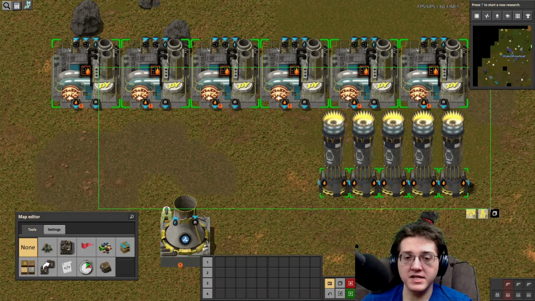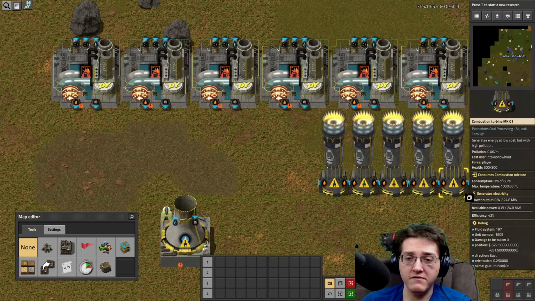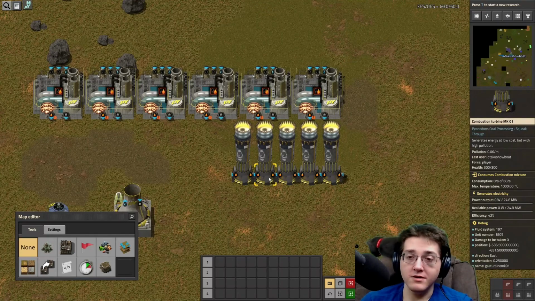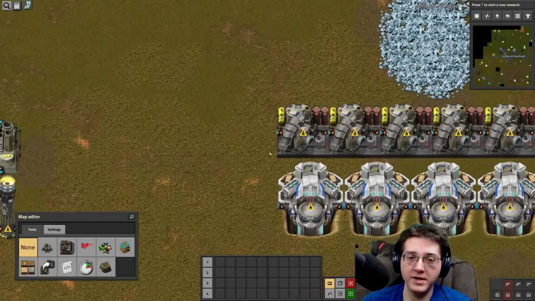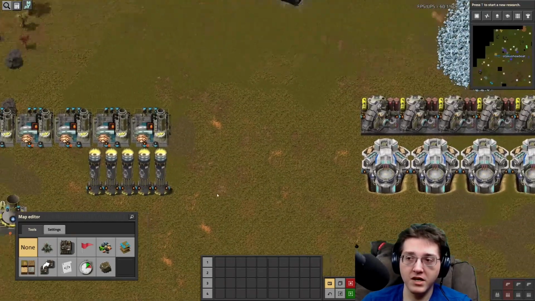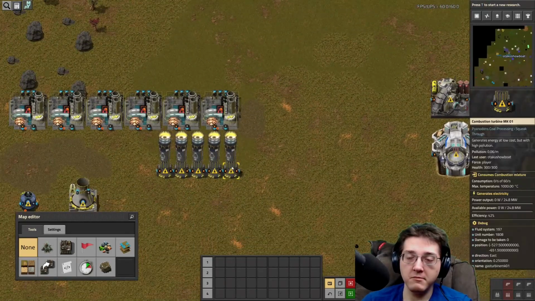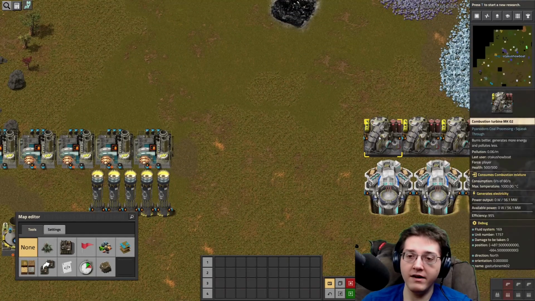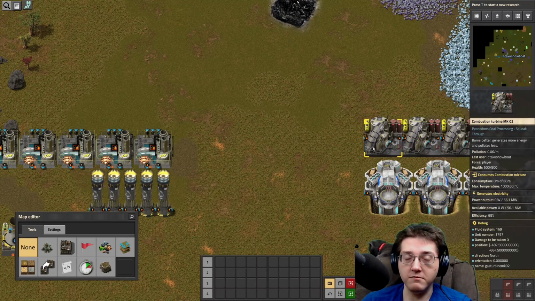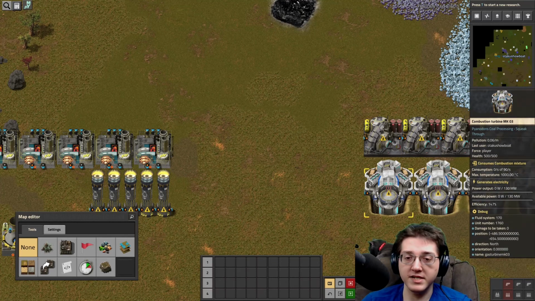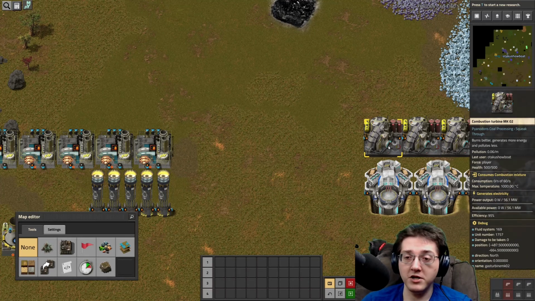So we have this nice little ratio, 6:5. There is more than just the Mark I combustion turbine. There is a Mark II and a Mark III of the combustion turbine. So upgrading to Mark II, once you have the Circuit 2s to do so, it's a much bigger building, for one, so you do have to plan around the fact that these are much bigger buildings. They get bigger still at Mark III. But at Mark II, it's still consuming 60 units of fluid per second, up to,